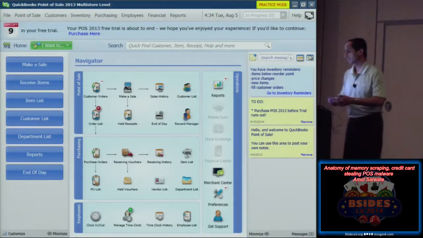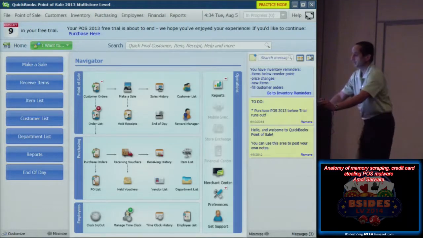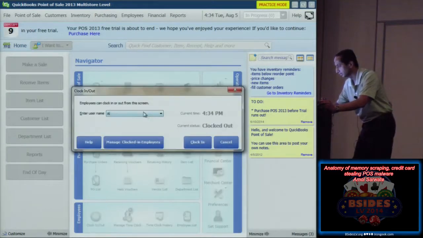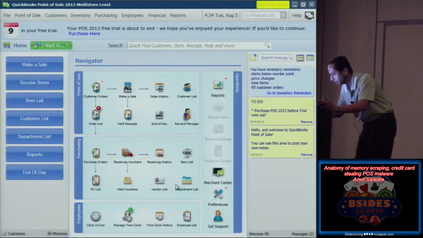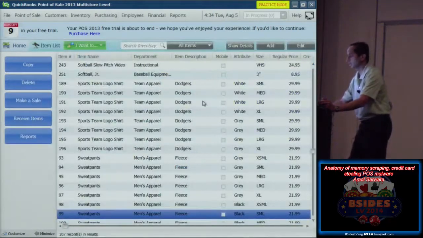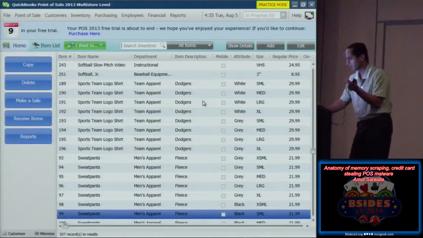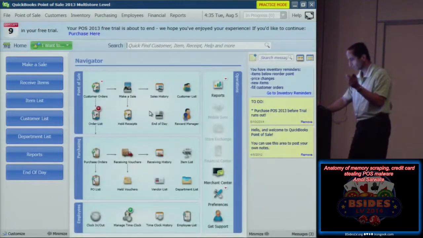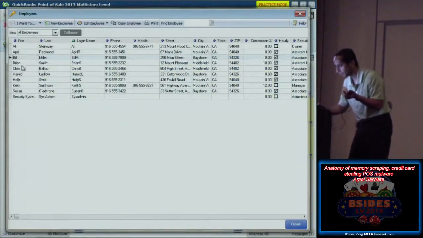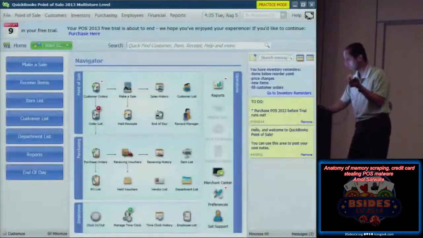So what typically happens is, let's say I'm a cashier, I'm user Joe, I come here, I check in. Let's say I am Chris B, I clock in. Now it says, okay, now you have 2 cashiers. What I'll do is, this is just the inventory. So what this shop does, it sells some sporting goods, softballs, sweatpants, and whatnot. So this is my inventory. So, okay, typical credit card system. I see the employee list. So I'm Chris B, I'm clocked in, looks all good.